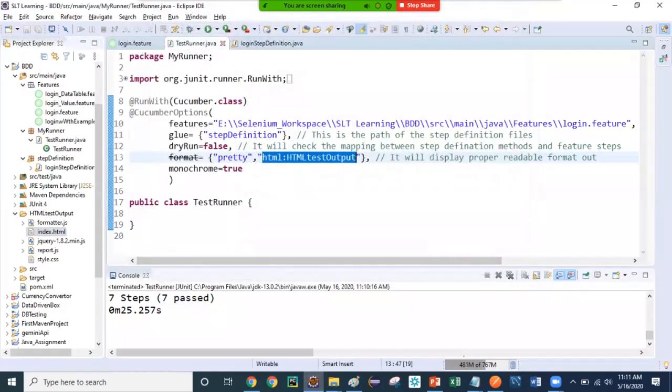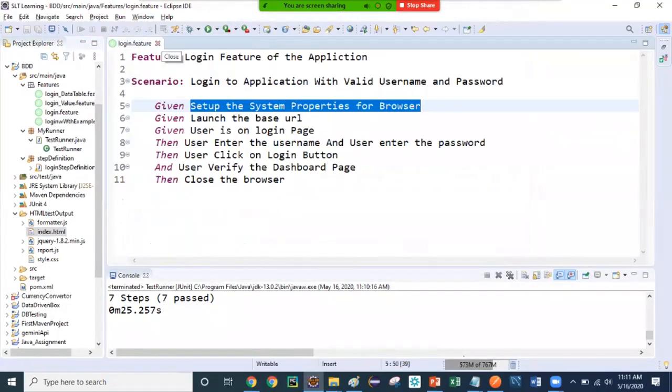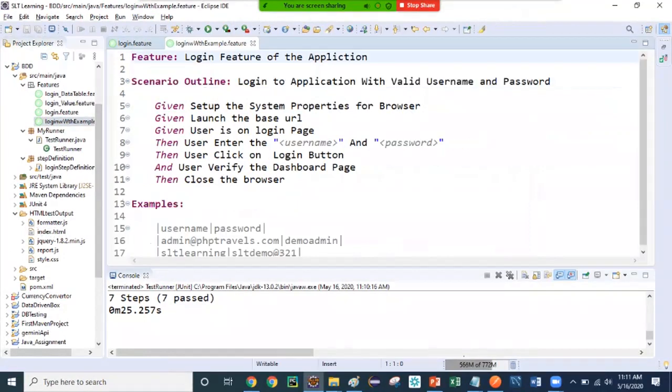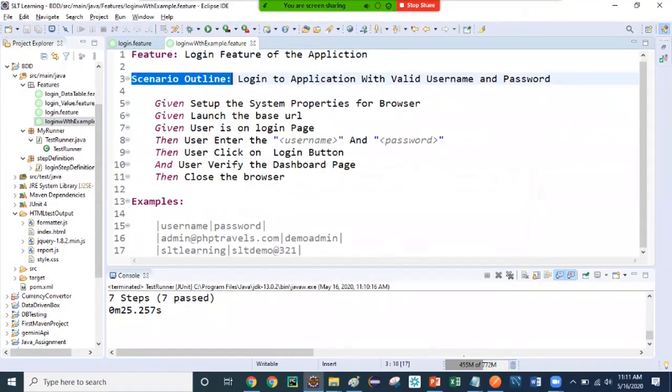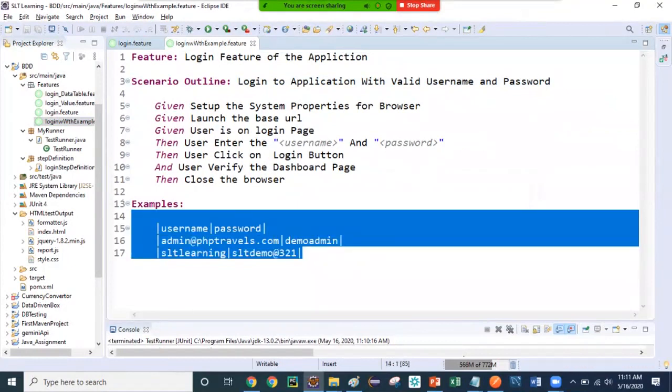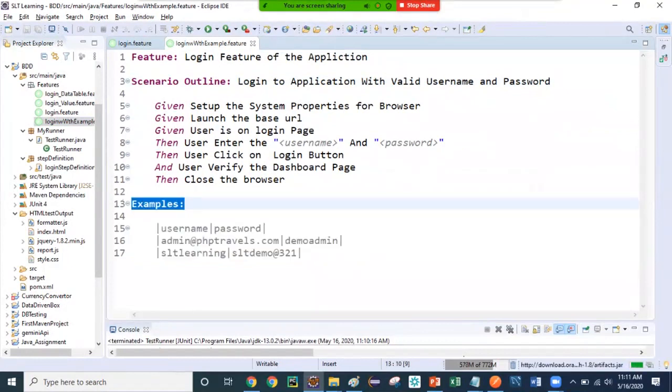Now the two approaches of the Cucumber with the keywords: the scenario and the scenario outline. The scenario outline will help you do the data driven approach, meaning you can run the same functionality with a different set of data using the example keyword. They will ask you what is the difference between the scenario and scenario outline. You can say the scenario can be used for simple scenario writing in the file, whereas the scenario outline is used with the example keyword, where you can pass a number of test data to run the same functionality again and again.